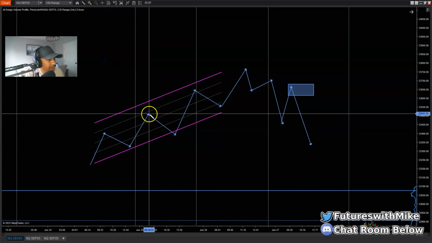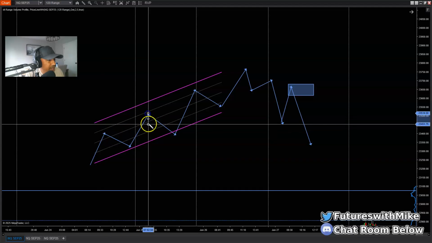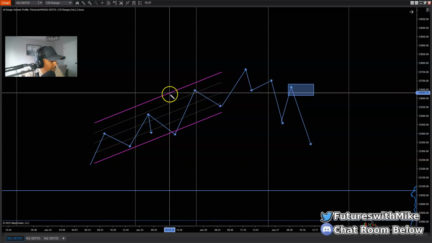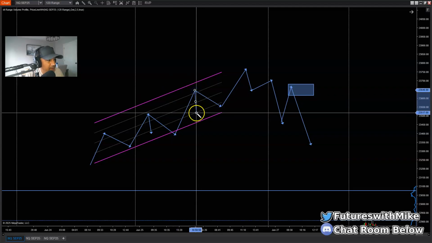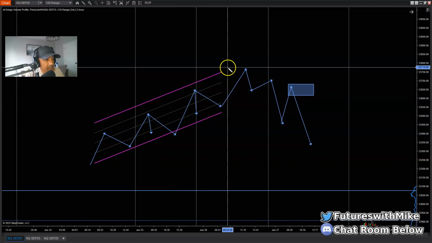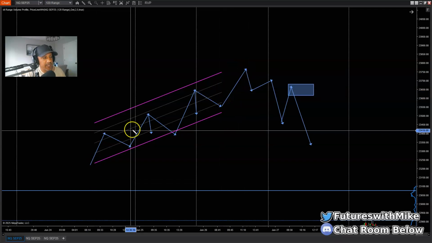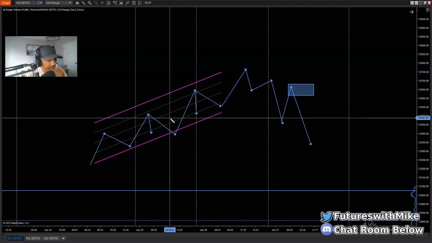The market pulled back, like after breaking this area structure, came back and tested some demand area here. I'll be looking to go long, right? Same thing here. If it pulled back to some area of demand down in this area, I'll be looking to go long. And then the same thing right here. Now we know at some point, as the market continues pushing higher and higher and higher, we got to understand